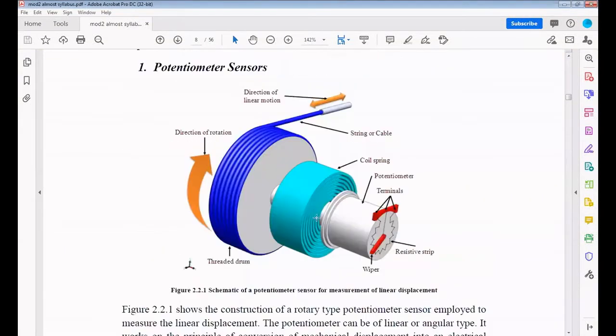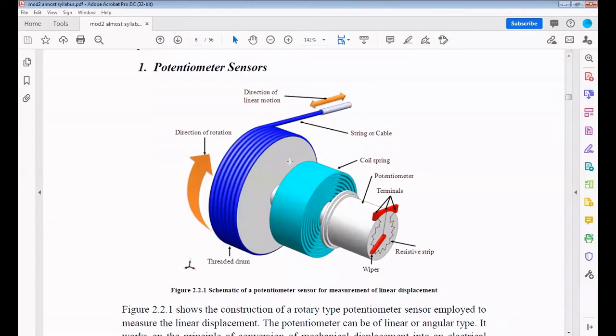Yesterday we discussed the potentiometer. In the photocopy the diagram is very small, but here there is a big diagram, so you can observe it. Majorly this is also one type of sensor, the potentiometer sensor. Basically the potentiometer is useful to measure the voltage, as we already discussed. So this potentiometer sensor is useful to